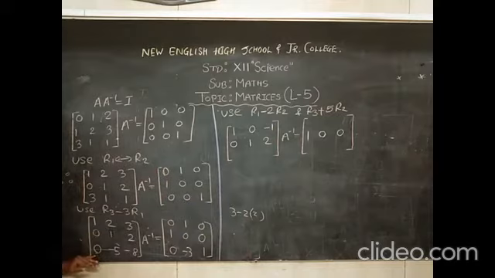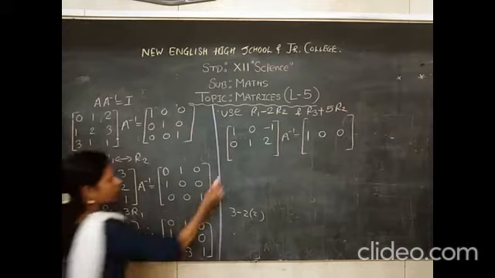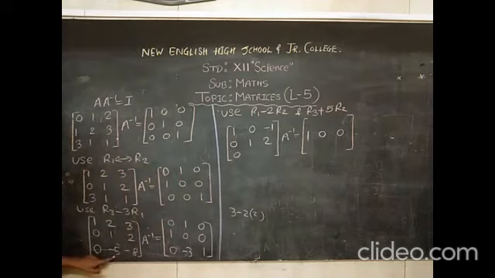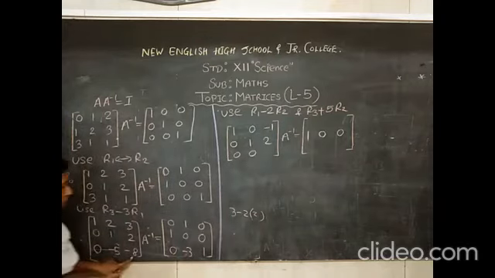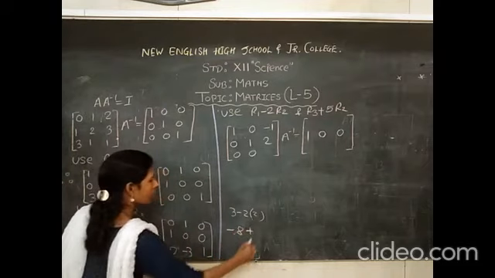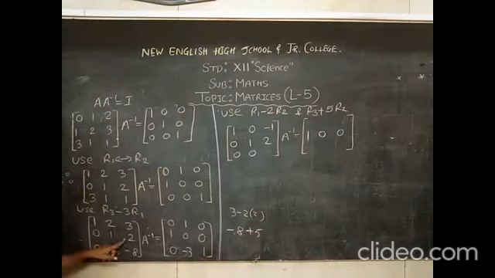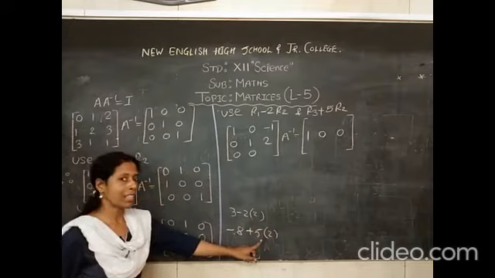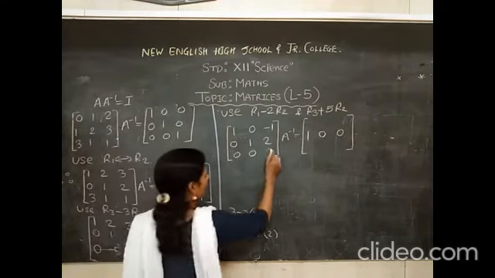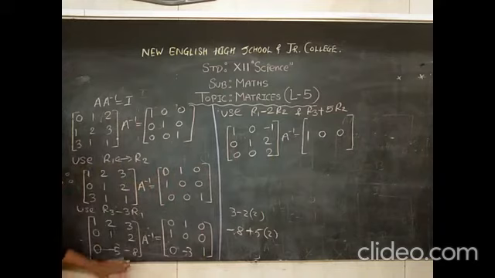Come here. Here you want to make change. It is not going to change because for changing R3 we are taking help of R2, and here it is 0. This 0 is not going to affect. It will remain as it is. Minus 5. See, R3 plus 5 times R2. It will become 0. Done. Here R3, this is your minus 8 plus 5 times 2. Here minus 8 plus 10, that is 2. Okay? Is it clear? Here we have got 2.